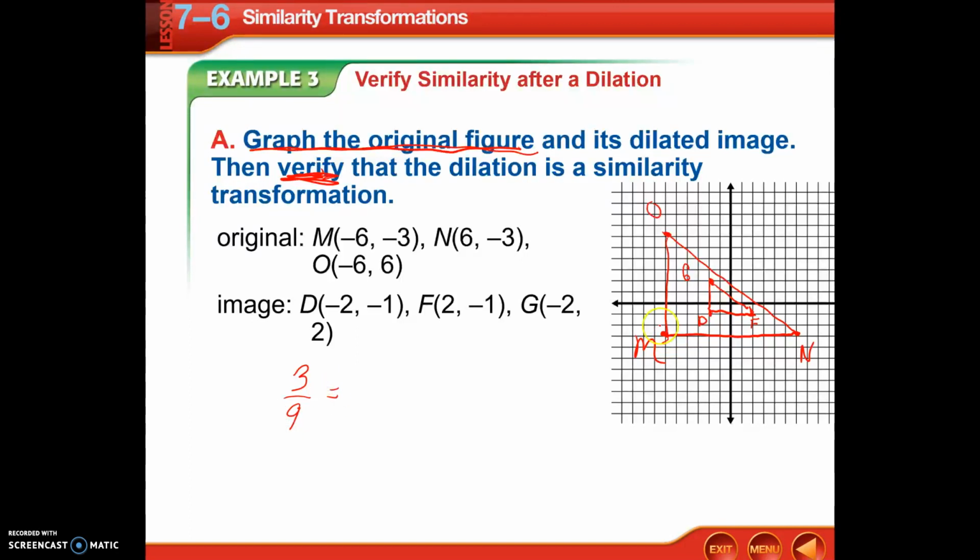We want to verify that that equals 4 over 12, and that equals, so we had 3 squared plus 4 squared, so this length of GF by Pythagorean theorem is 3 squared plus 4 squared, 9 plus 16, which is 25, so square root of 25,